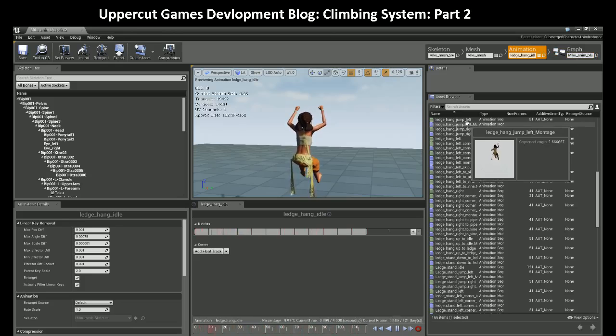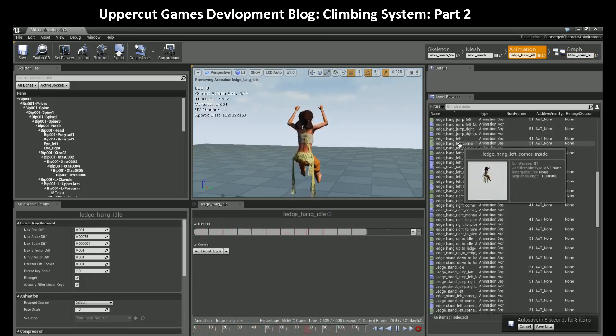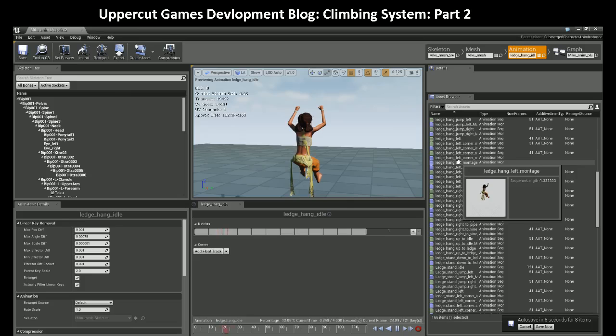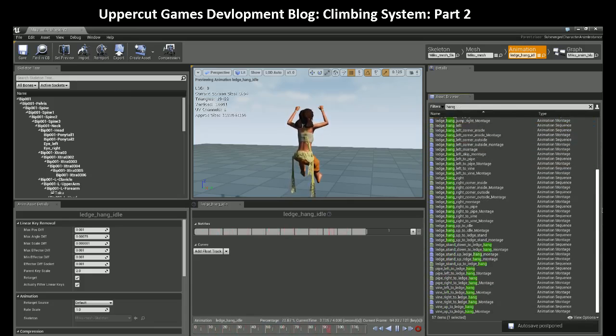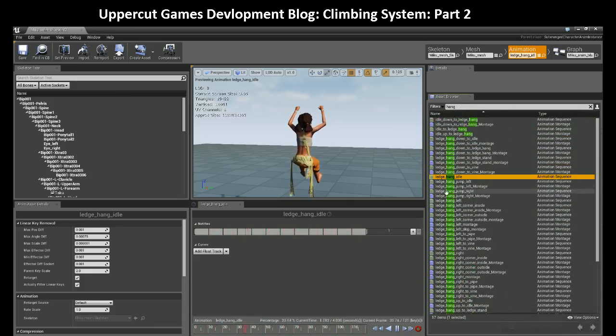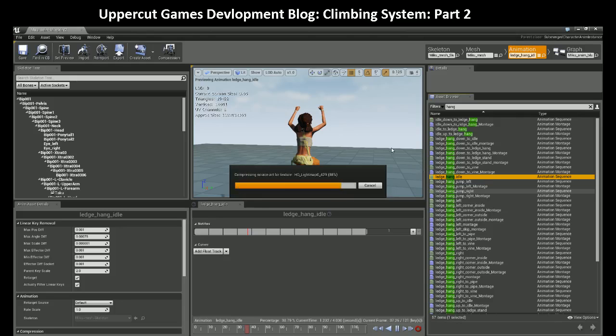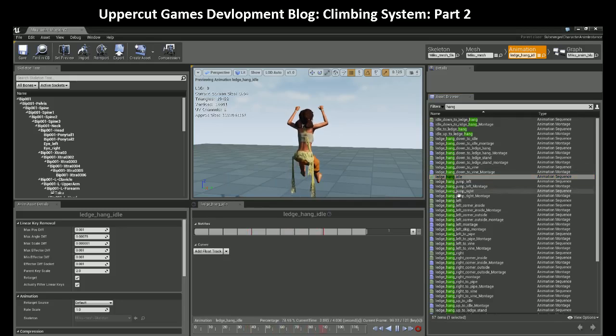Okay, so you can see we have a whole series of different animations that Miku can play here. If I just type hang, these are all the different montages and anim sequences that make up the hanging set. And of course Unreal's doing an auto save here in the middle of my video. We'll just quickly wait for that. So one of the first ones I wanted to look at